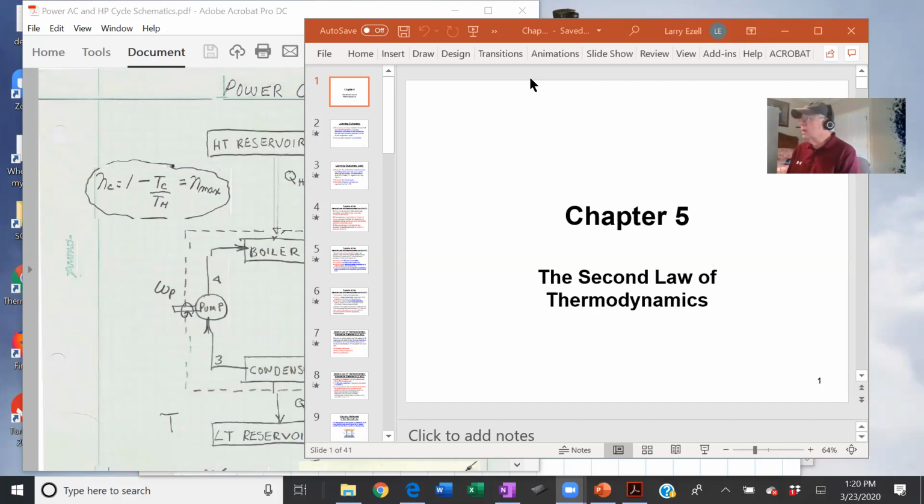You'll notice I'm not looking directly at you. That's because I've got a laptop over here with a small screen, and then I've got my big screen on my desk right here, and I'm looking at my big screen. Now, if I look back this way, I'll be looking right at you, but I can't see the big screen,